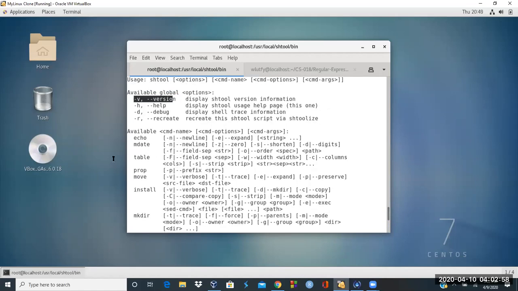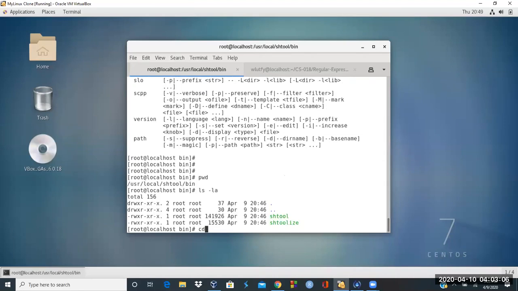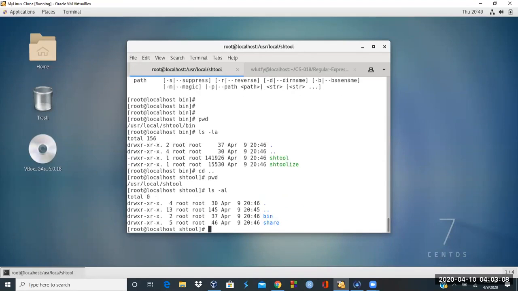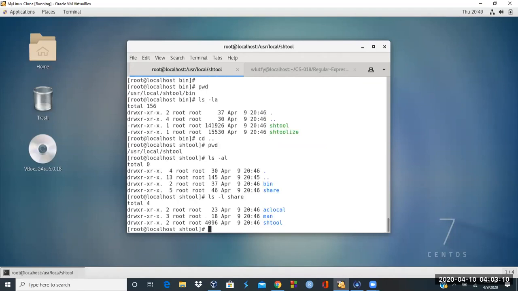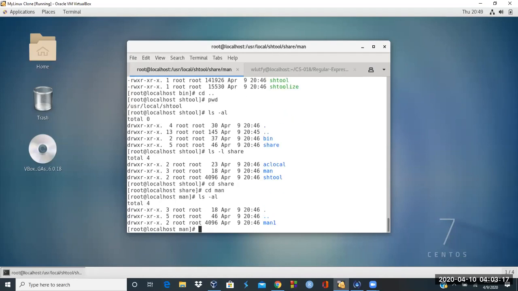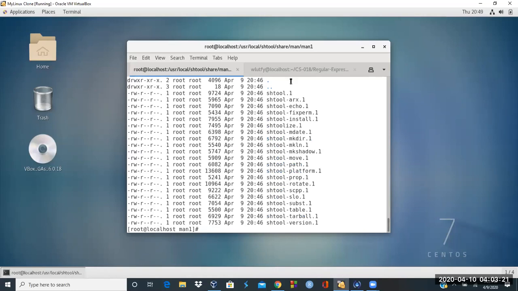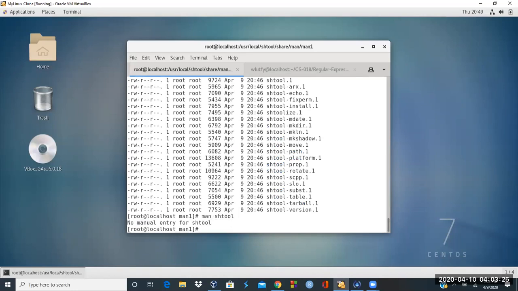And then any of these most likely has an actual script somewhere, which is under this directory. Later on, we will find it. Let me see if there's anything else. Under share, okay, there under share, there are man pages. And then man one is all these ones. So if you do man shtool,